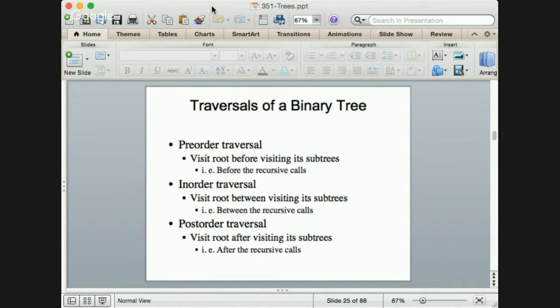And then another way would be to visit the left subtree, the right subtree, and then the root. So I repeat: root first, then the left and the right subtree; root in between the left and the right subtree; and then the root after the left and the right subtree. So, special order. And by the way, that's how you come up with these three terms, the three concepts: